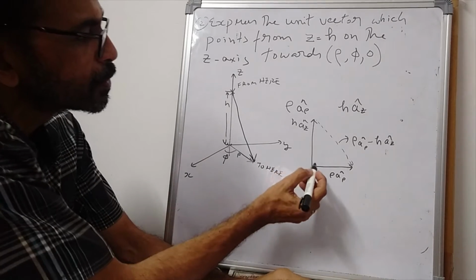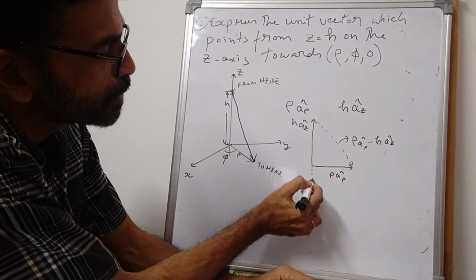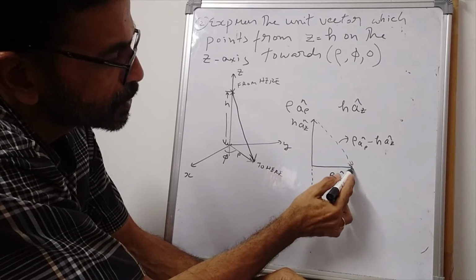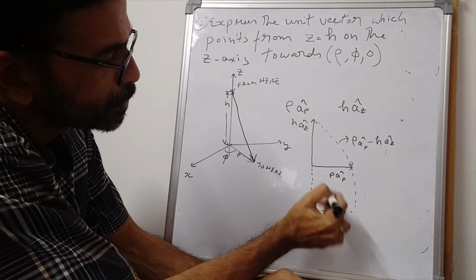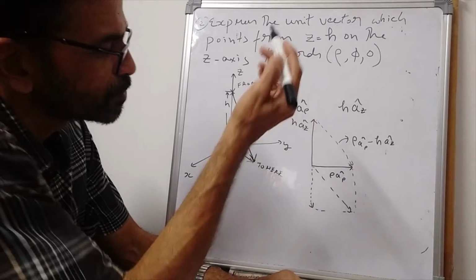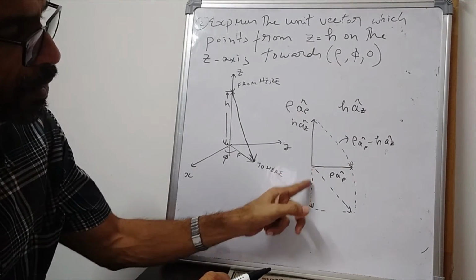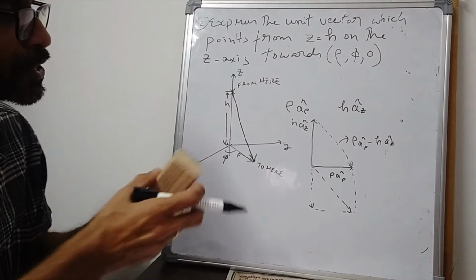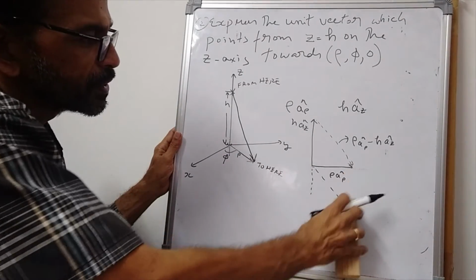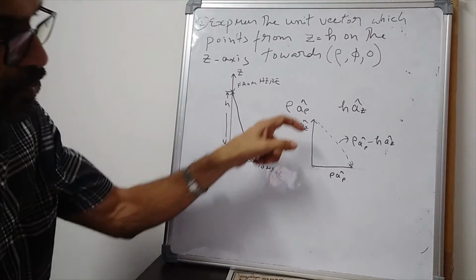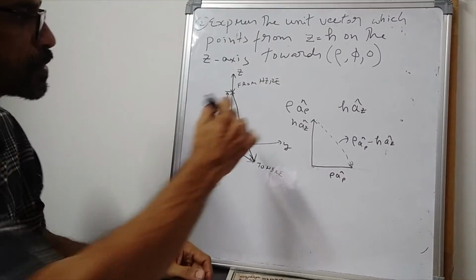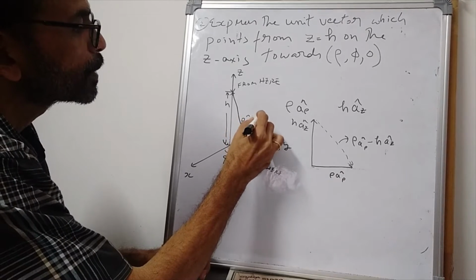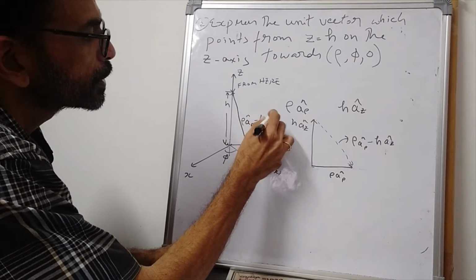So minus h az cap will be this, and this vector is nothing but, if you use the parallelogram law, rho arrow cap minus h az cap, because this is minus h az cap. Anyhow, one need not think in that manner. It's quite obvious from this that this vector is nothing but rho arrow cap minus h az cap,